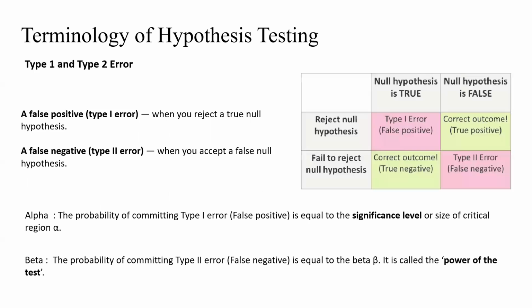And later we also saw the two types of errors that are possible in a general hypothesis test, type 1 and type 2. A type 1 error is when we reject the null hypothesis when it is actually true. So instead of accepting it, we are rejecting it. That is the type 1 error. A type 2 error is when you accept the hypothesis even though it's false. That is your type 2 error.